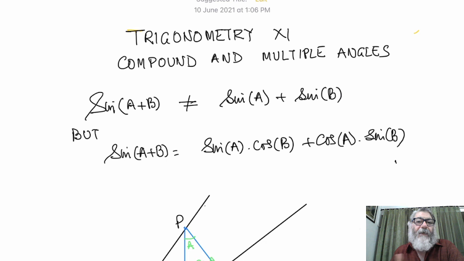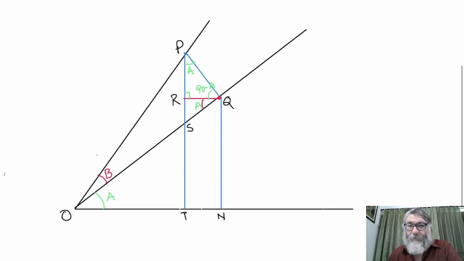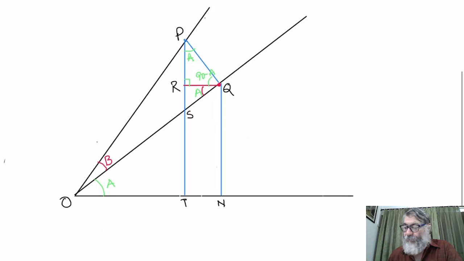And how do I get this? How do we get sine (A plus B) equal to sine A cos B plus cos A sine B? That we are going to discuss just now. I have already made a figure because in this a lot of scales and everything has to be used. You see,